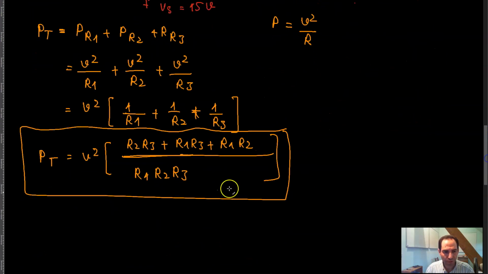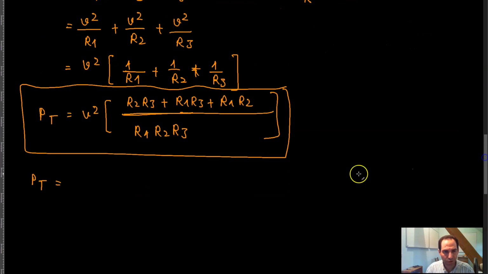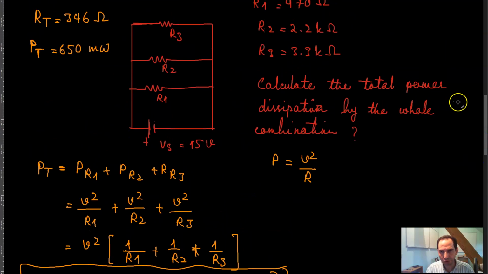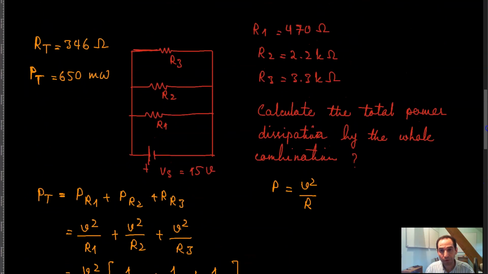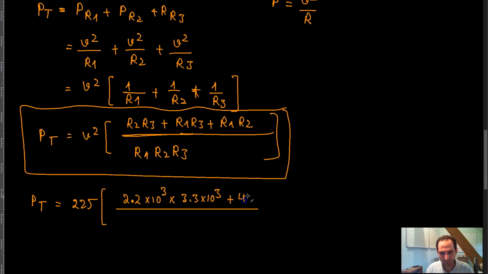So you can say that, for example, P of T is equal to V squared, which is 15 squared, equal to 225, times R2, R3, in ohms, 2.2 into 10 raised to the power 3 into 3.3 into 10 raised to the power 3, plus R1, R3, which is 470 into 3.3 into 10 raised to the power 3,